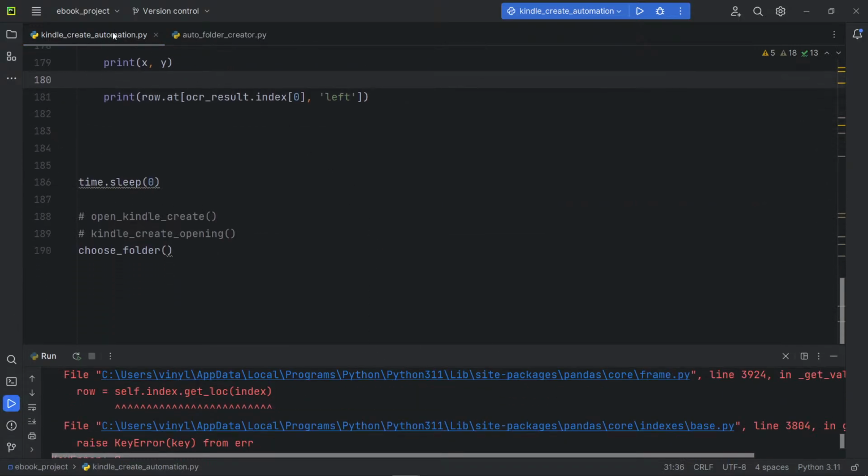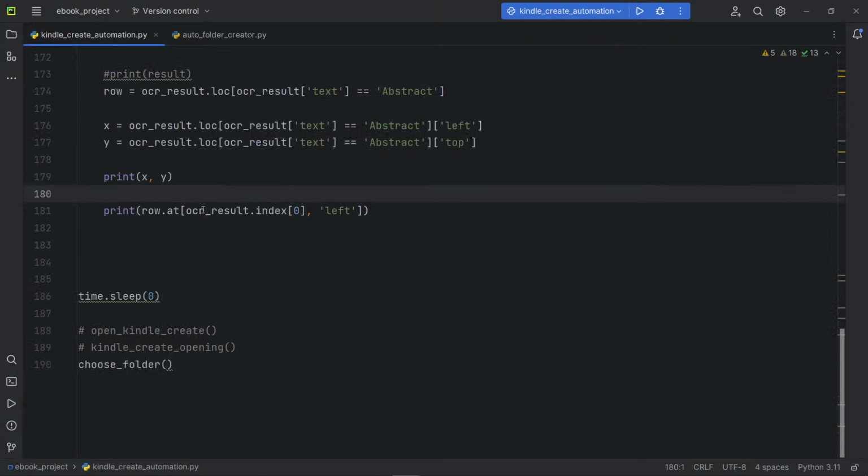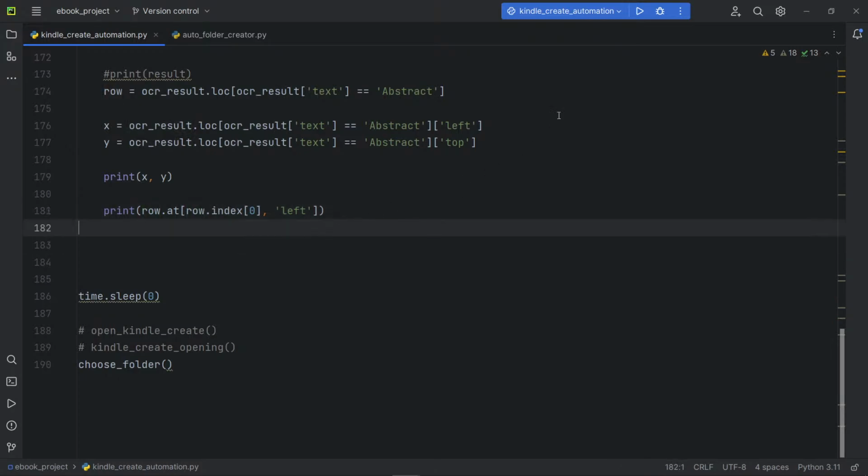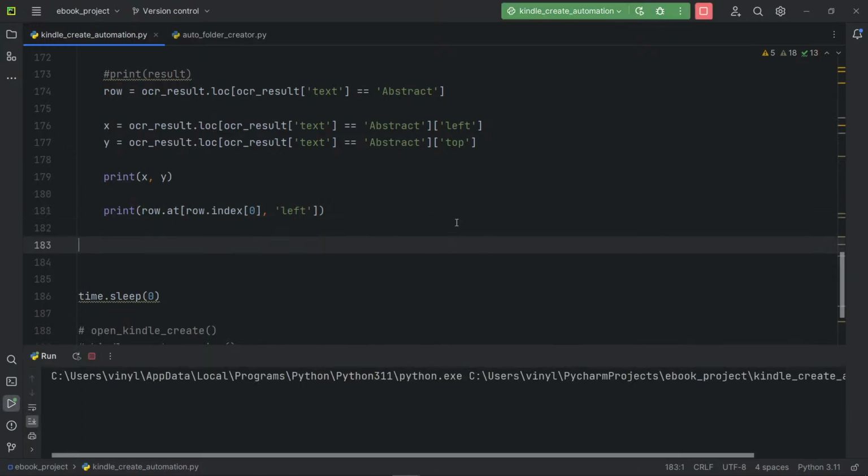Let's see. Instead of OCR result, it's row dot index. Yeah,